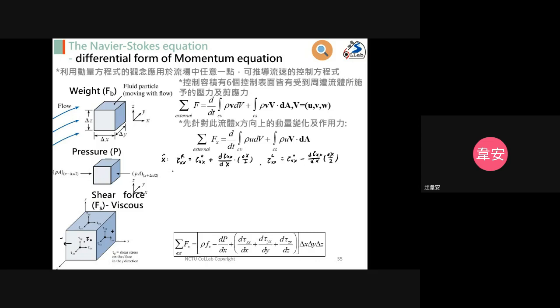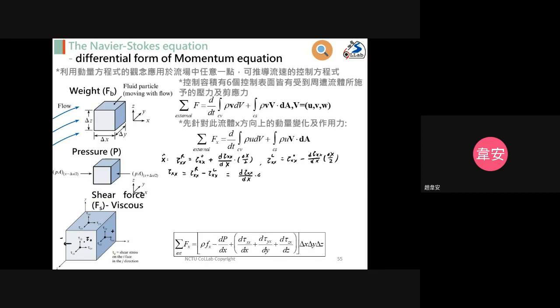So for the tau x, it should be equal to the tau x right minus the tau x left. So we know that the tau zero x can cancel out. So for this, we only have the d tau x